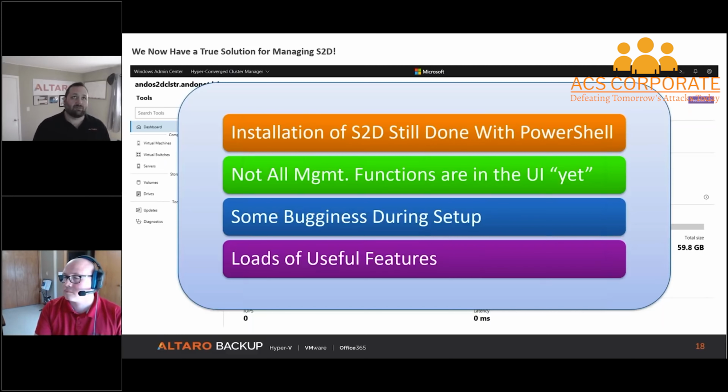For example, if some sort of storage repair job is running, you still have to go and issue a Get-StorageJob on one of the nodes to see if there is a storage repair happening or something like that. There is some bugginess during setup of the management pieces inside of Windows Admin Center for this,